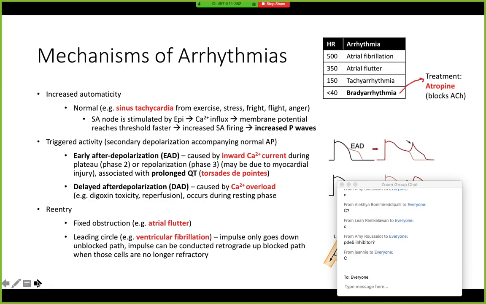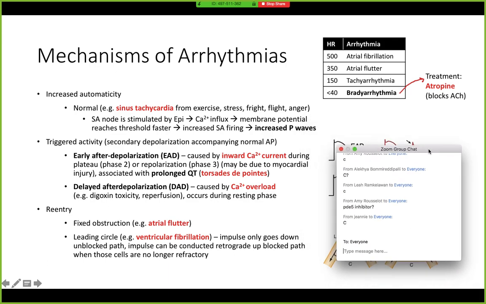All right, so we'll do the antiarrhythmic drugs. Most of these slides I just pulled directly out of